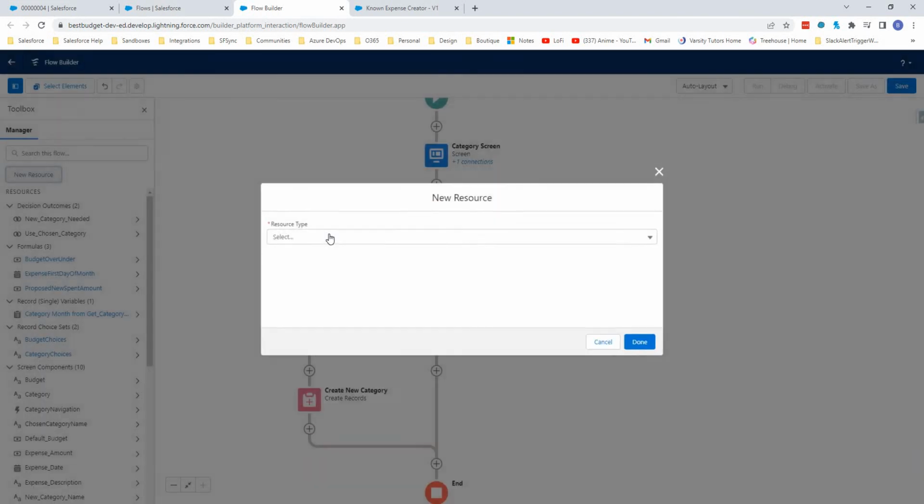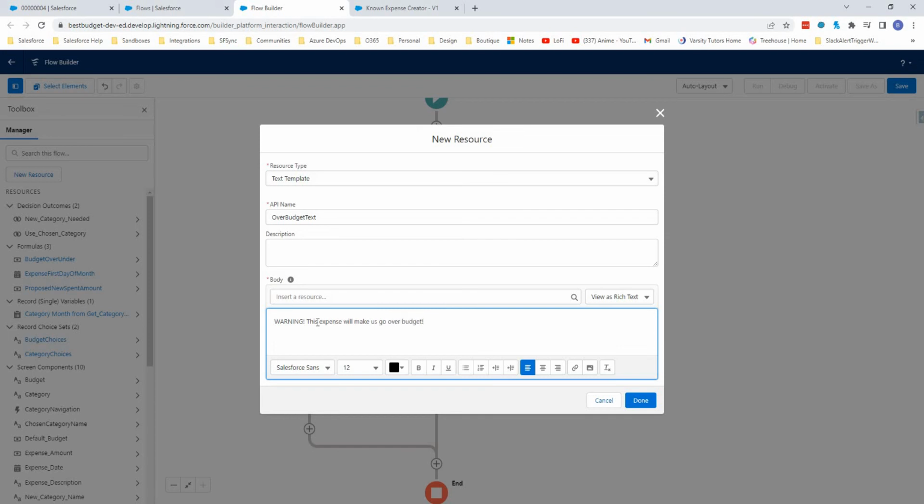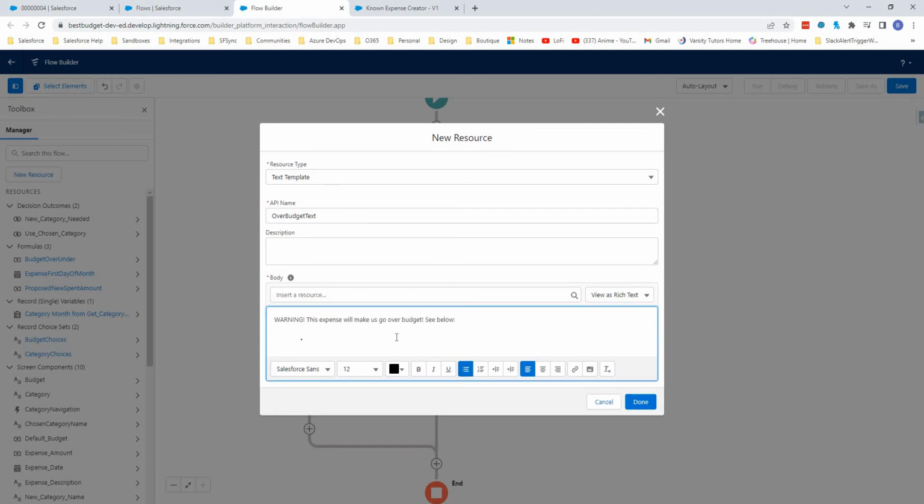We're going to create 2 more resources, and they're both going to be text templates. The first one is going to be called our over budget text. This particular text template is for whenever we're over budget. So I want to say, warning, this expense will make us go over budget. See below. And for this, I'm going to create an unordered list, and I'm going to put in some values. So I'm going to say expense amount,